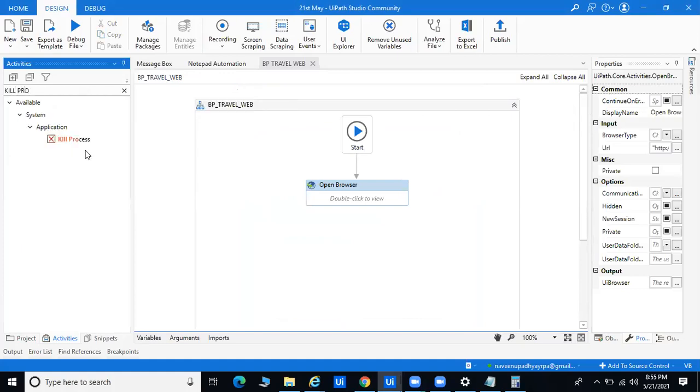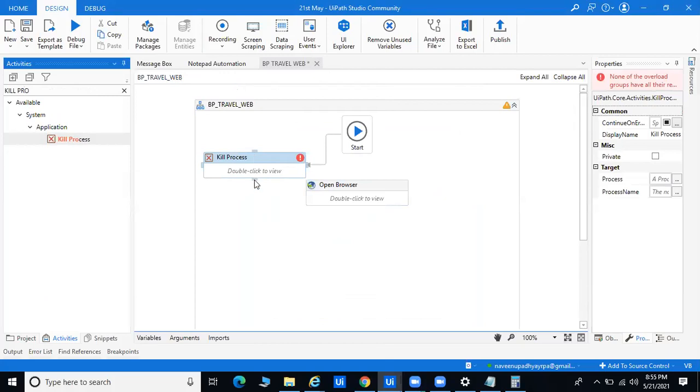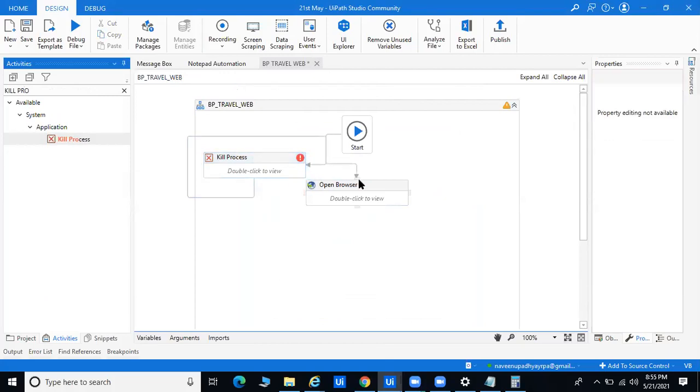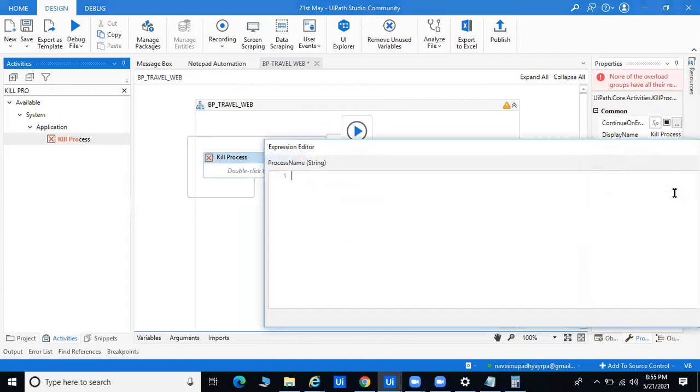And when your client wants to close all the applications, whatever you're going to use, you can use the kill process. Automatically it will kill all the applications like your Internet Explorer, and whatever tab is already open, it will try to close. So here I open Internet Explorer, and we can use the maximize window.